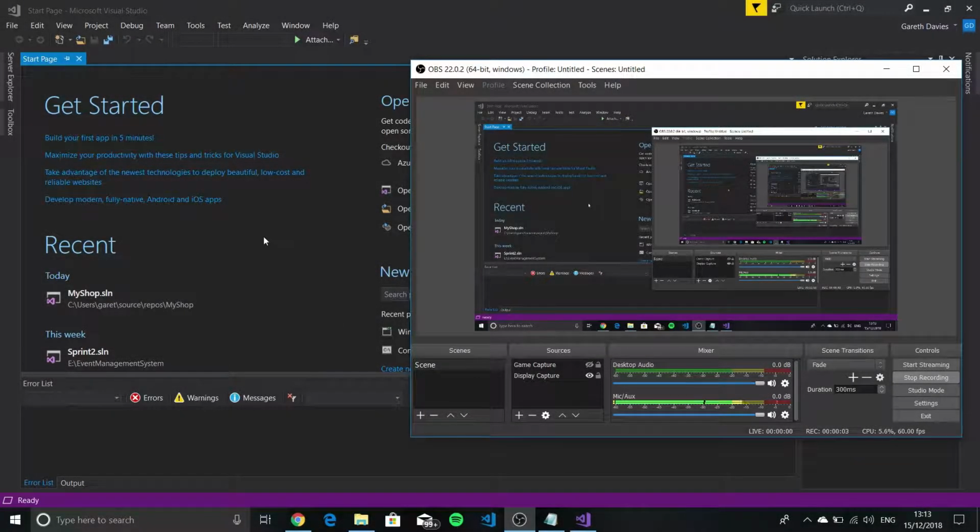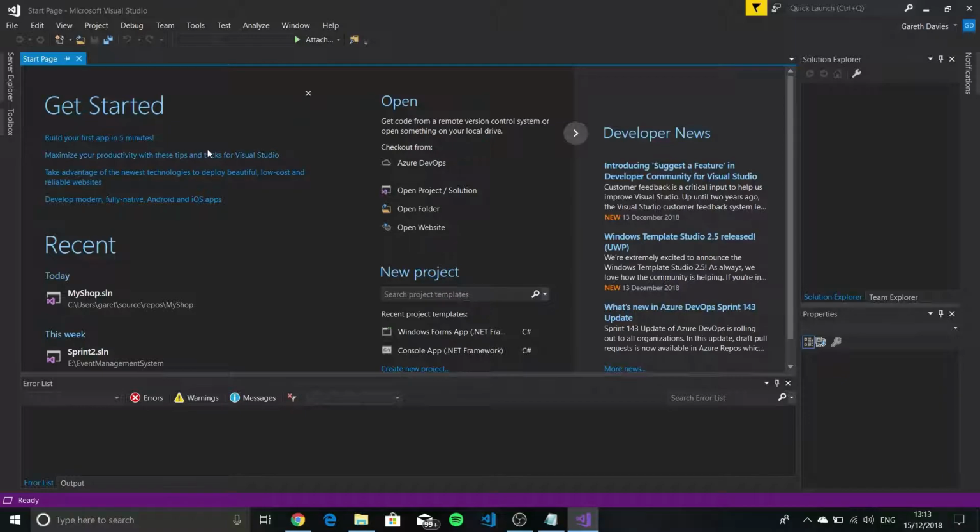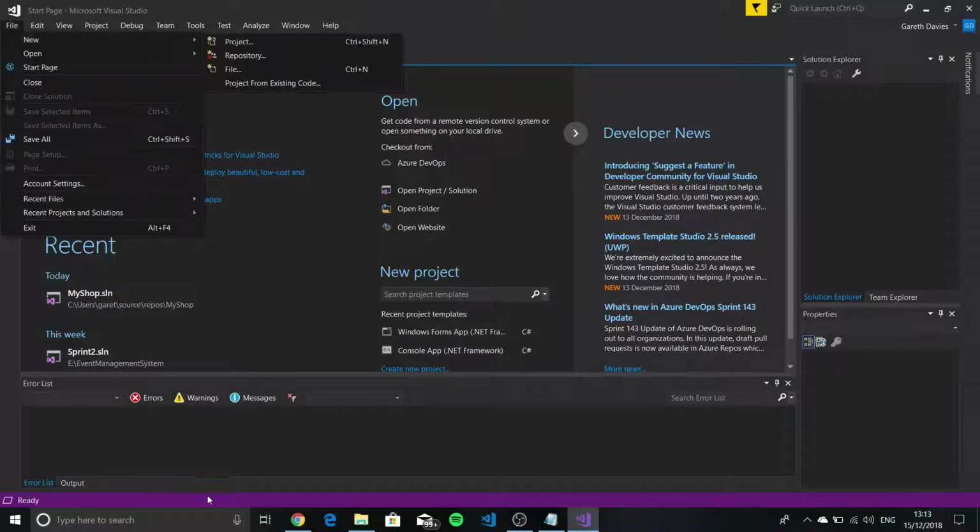This is Gareth, and today I'm going to be showing you basically a C# tutorial, and this is going to be pretty cool because essentially it's just going to be reflecting on everything that I've learned so far in second year. So the first thing that we're going to do is we're going to go to File